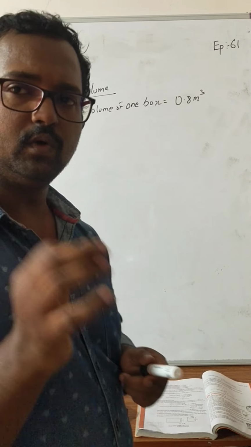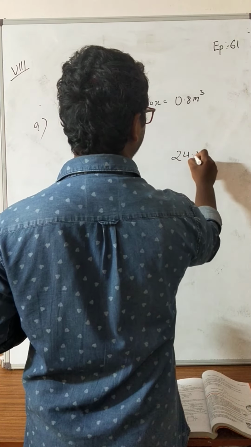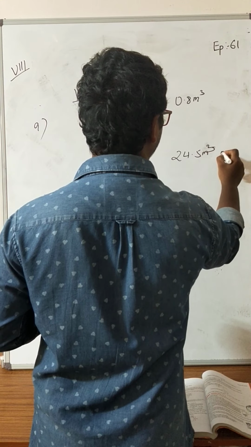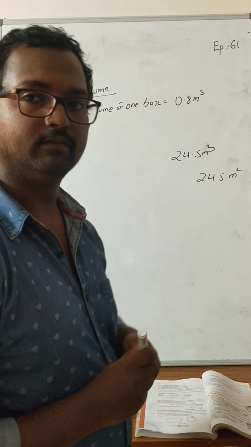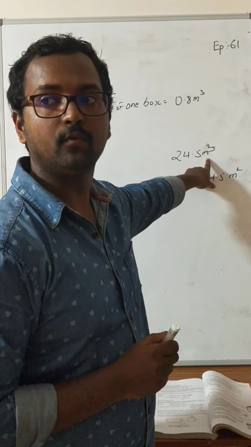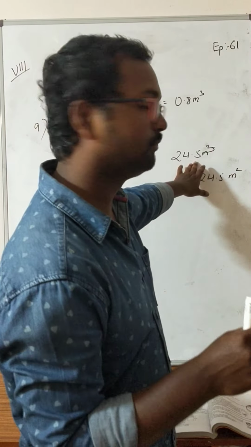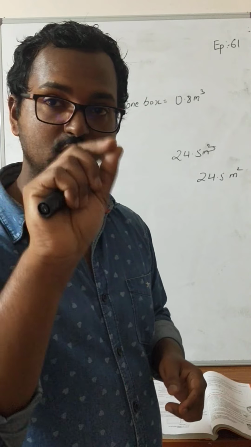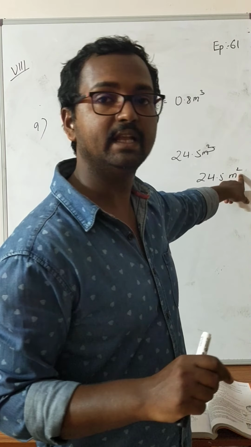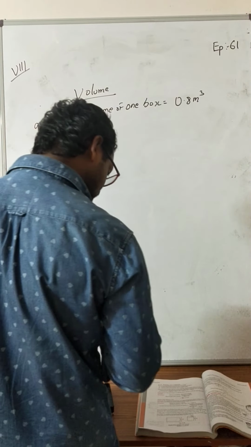Okay, one more thing. How to identify? I'm giving you two numbers. One number is 24.5 meter cube and the other number is 24.5 meter square. Now, whenever you see cube, meter cube, centimeter cube, kilometer cube, that is volume. Wherever you see meter square, centimeter square, kilometer square, the power is 2, then that is area. Now here, volume of one box is 0.8 meter cube,